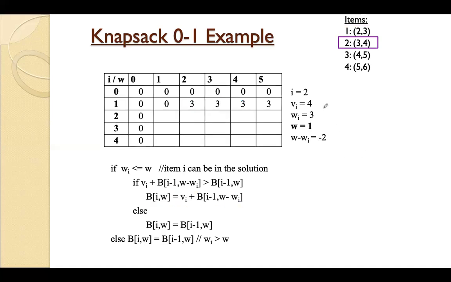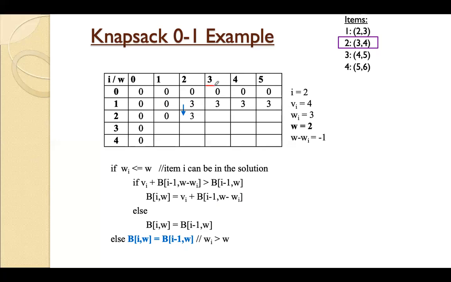I is equal to 2. Now we can consider both the items, these two items. In the first iteration, you can see W minus Wi is minus 2. So when it is negative, we'll place the previous row items as it is. Next, in the next iteration, W minus Wi, you can see minus 1 here. If it is less than 0, we'll place this item as it is. So 3 we'll write as it is.